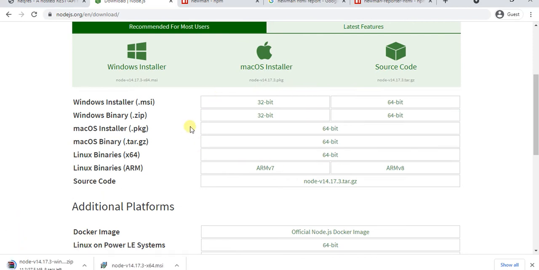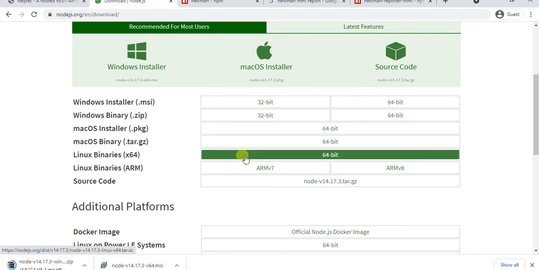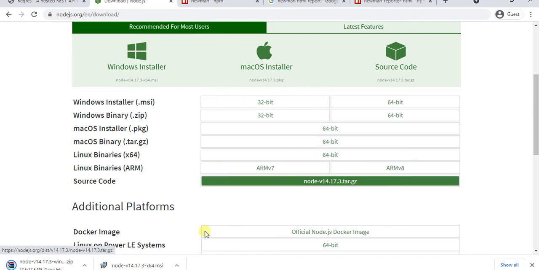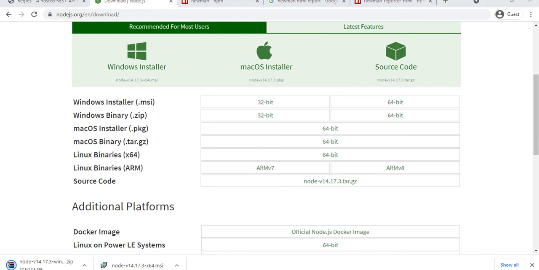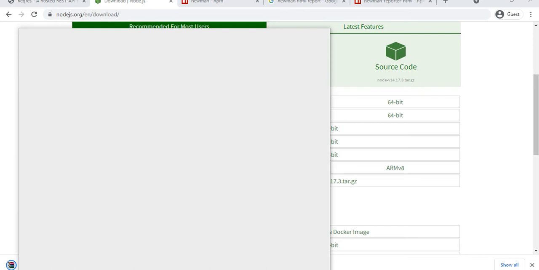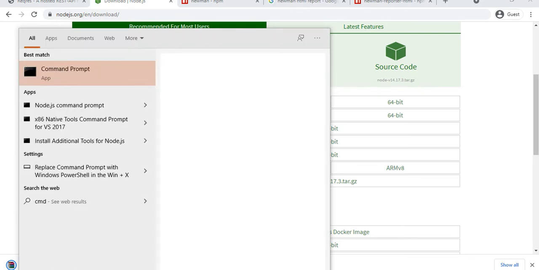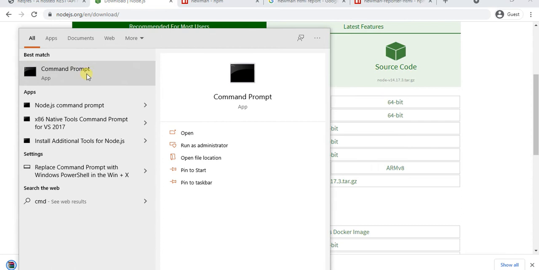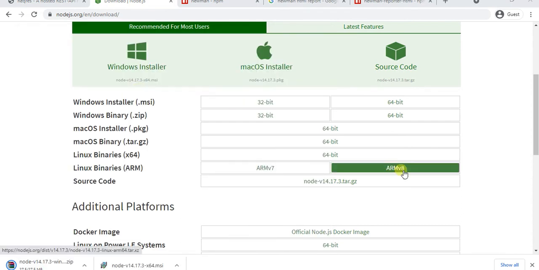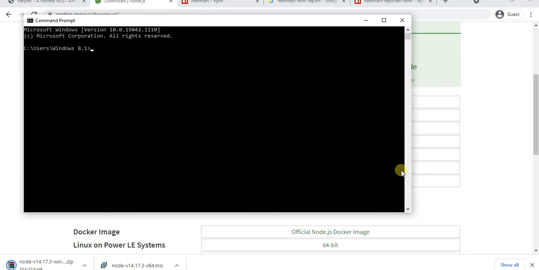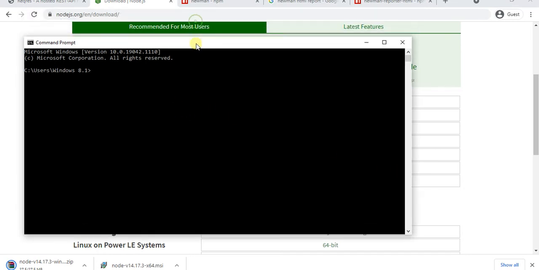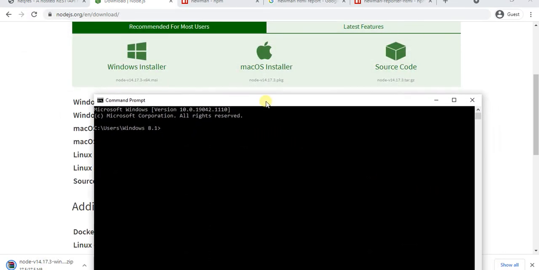Once the installation is done, just go to the command prompt. Once Node.js is installed, just type npm -v.